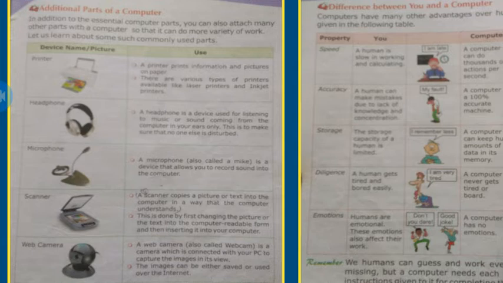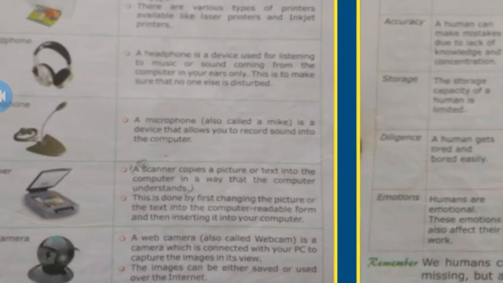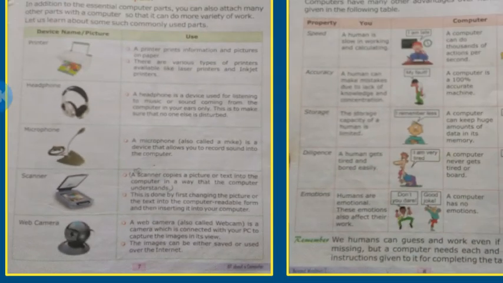Headphone is a device used to listen to music or sound coming from the computer in your ears only. A microphone, also called a mic, is a device that allows you to record sound into the computer. Suppose, students, you want to record your voice, you can use the microphone. Now scanner. A scanner copies a picture or text into the computer in a way that the computer understands. This is done by first changing the picture or the text into computer readable form, then